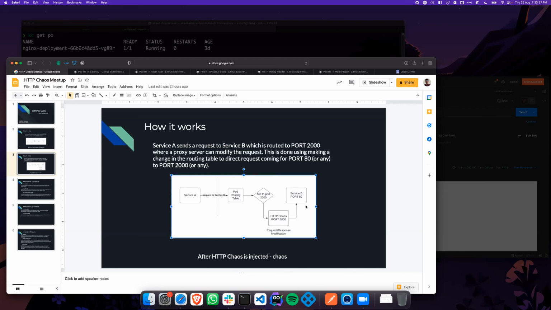Okay. No, but see, whatever the gentleman was talking about earlier, alerting and all, that should show up on service A. Service A should alert that, hey, I am supposed to receive 200 from service B, but I received 500. Is my alerting system set up properly, right? Or how is my application handling that code or the error, right? Okay, so it's all about the resiliency, right?